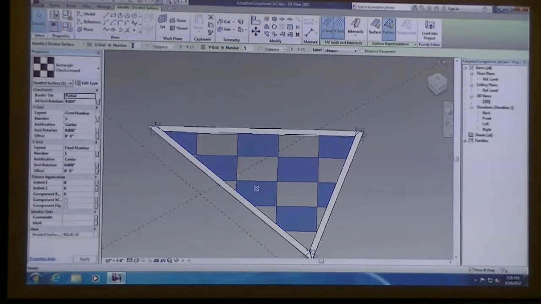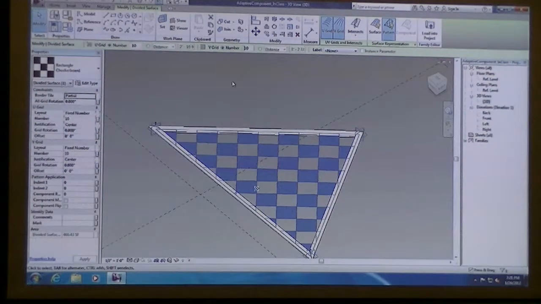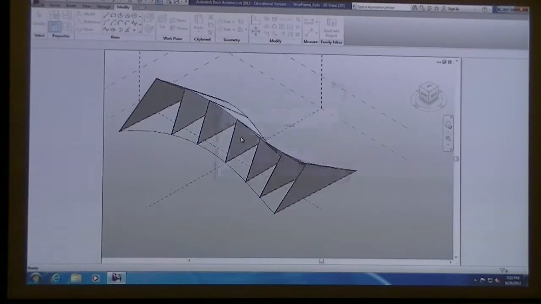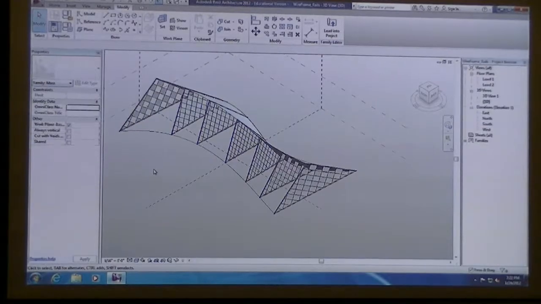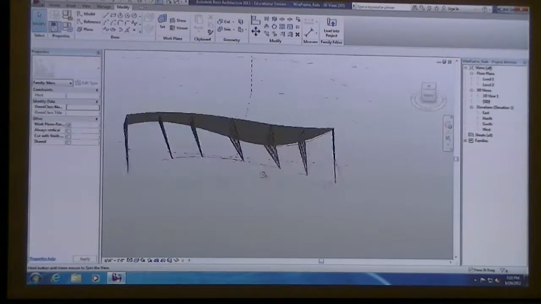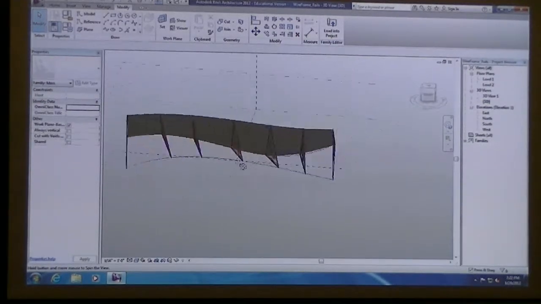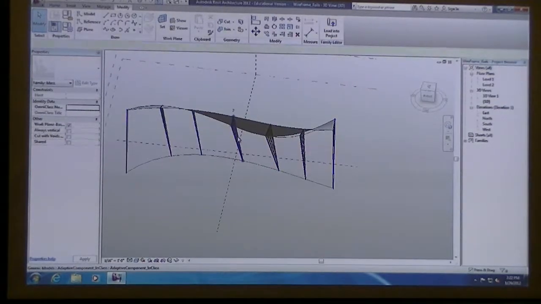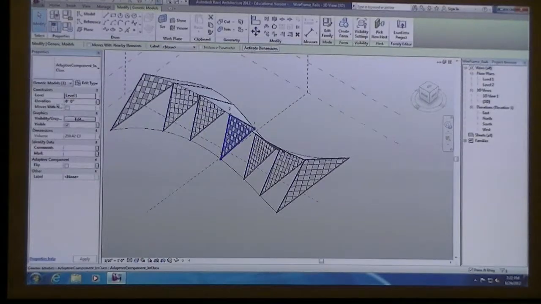Maybe I'll give it some more divisions here. Of course, load that into the project, and again, further develop those adaptive components. And again, you can pick those triangles at any time and slide them.